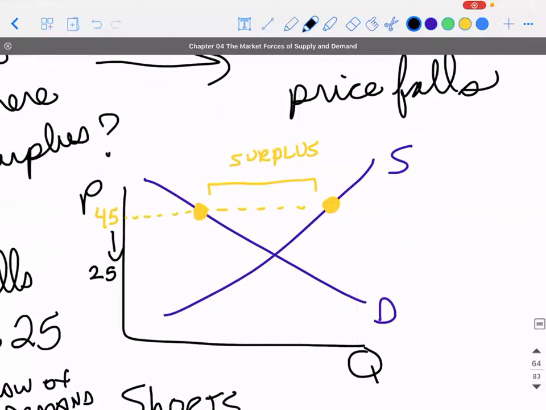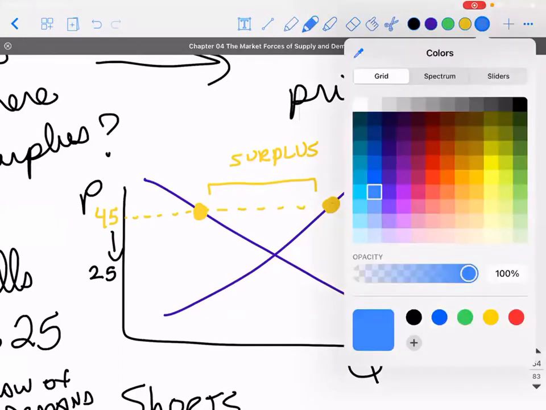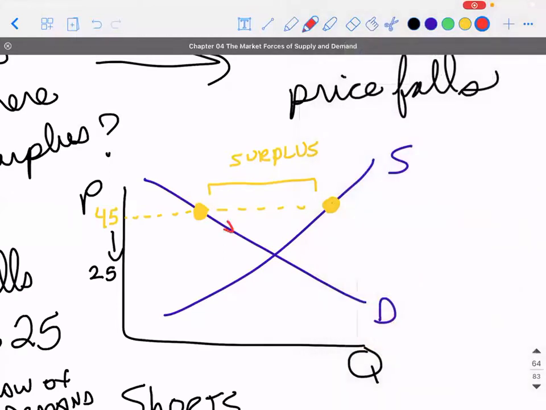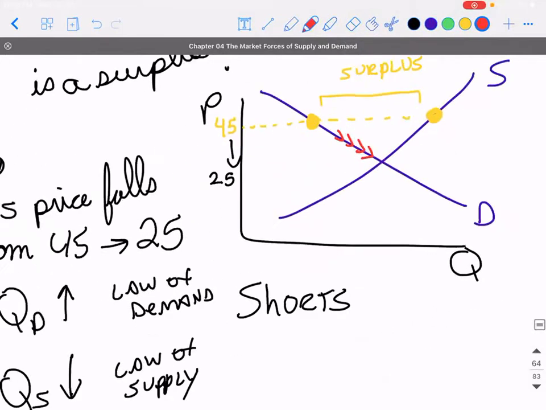More specifically, that there'll be a movement along the demand curve. That's right there. That there will be